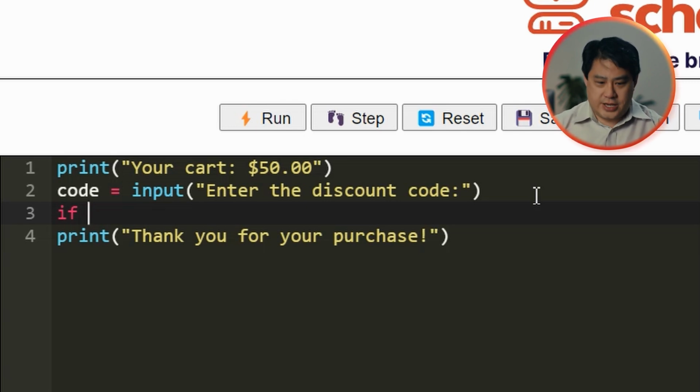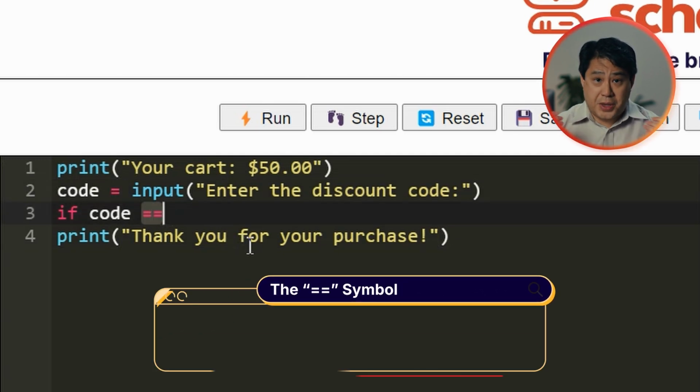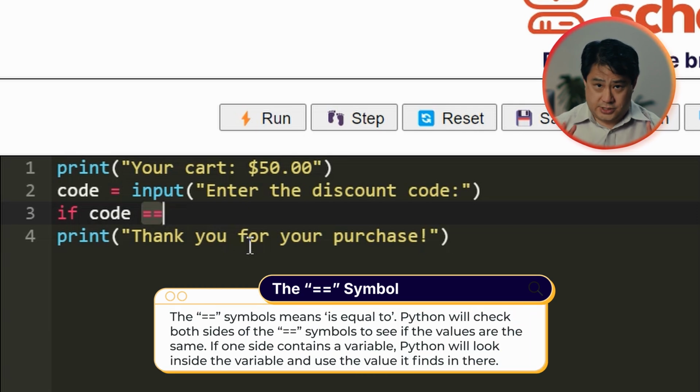So we're going to start off with if, and then we're going to type the word code, and in this case code is going to be that variable. So it's going to look inside that variable, or that envelope with the word code on it, see whatever data's inside it, and then we're going to type in 2 equal signs. That's different to the single equal sign that we saw up on line 2. The 2 equal signs is used to compare both sides of that sign to see whether the contents inside it are the same. So we've taken a look at the variable code, we're going to look inside it, and